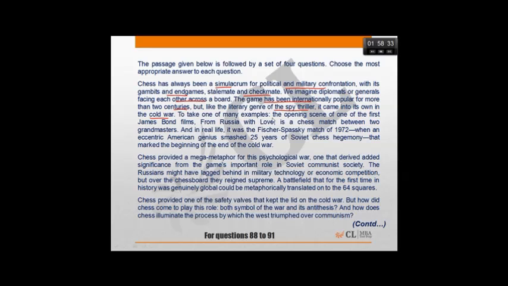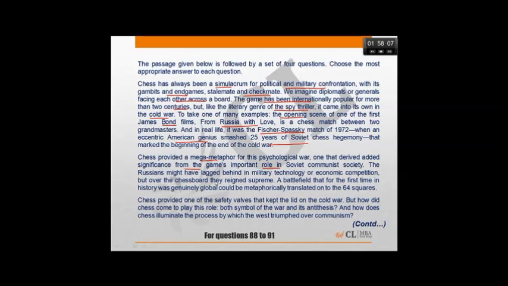To take one of the many examples, the opening scene of one of the first James Bond films, From Russia with Love, is a chess match between two grandmasters, and in real life it was the Fischer-Spassky match of '72, where an eccentric American genius smashed 25 years of Soviet chess hegemony, which marked the beginning of the end of the Cold War. Chess provided a mega metaphor for the psychological war, one that derived added significance from the game's important role